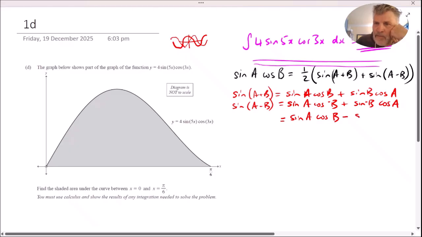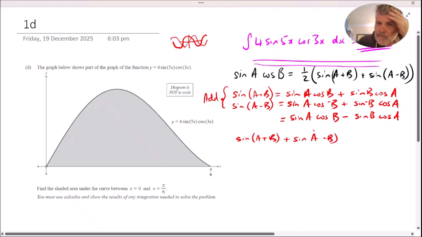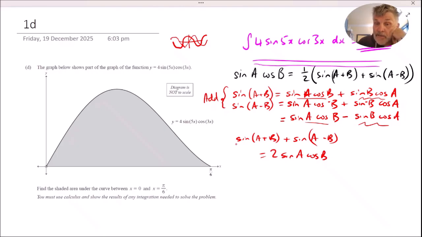So this one becomes minus sine B cos A. And now if you add these two together, you get sine A plus B plus sine A minus B. And that's equal to, this one and this one are the same, so you get 2 sine A cos B, and this one and this one are the same, but they differ with a minus sign, so they just cancel each other out. And effectively this here